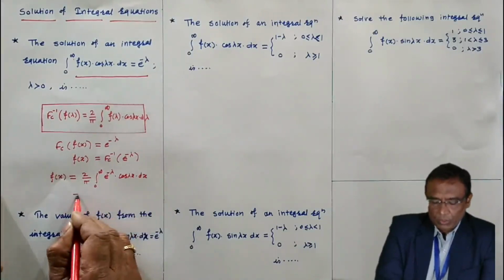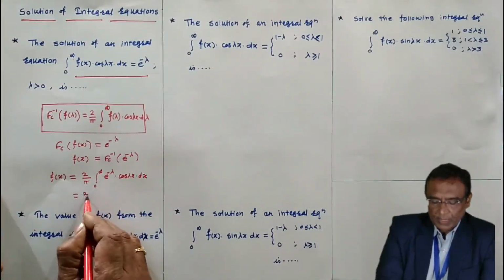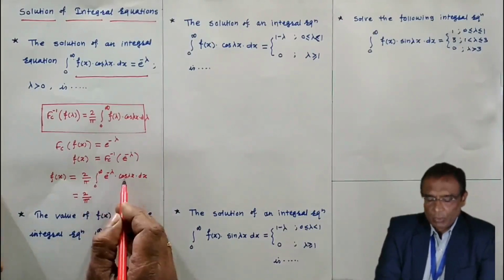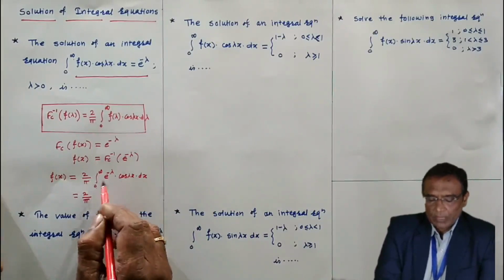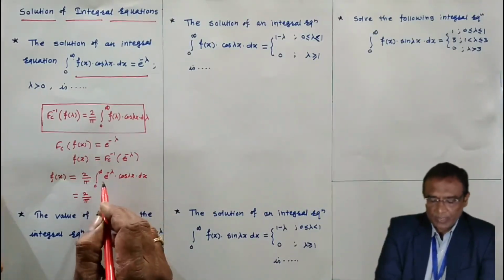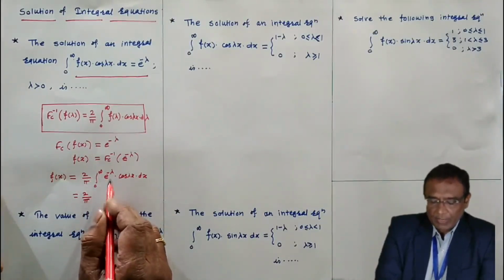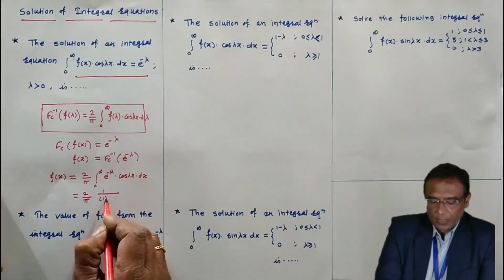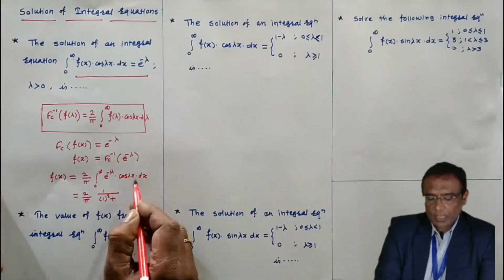Now, in order to integrate it, use the same formula: e to the power minus a lambda cos of b lambda. Its integral between 0 to infinity is what? a divided by a square plus b square. Here a is 1, and b is x now,